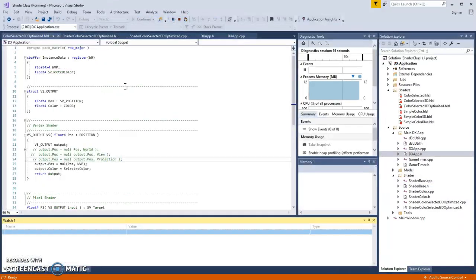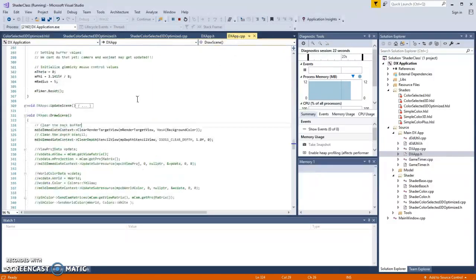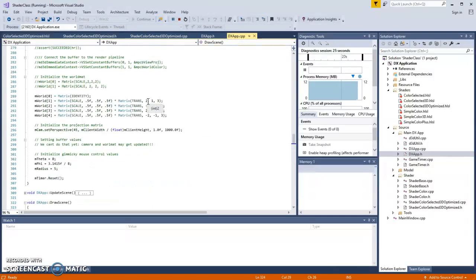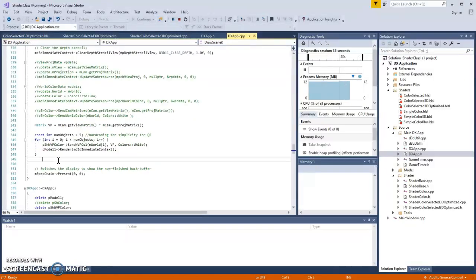So question 2 is basically the same as question 1, the same shader code exactly. The only difference is that we're doing 5 objects this time. So I created these 5 matrices and just put any coordinates, and then inside the draw scene, we're still pre-computing